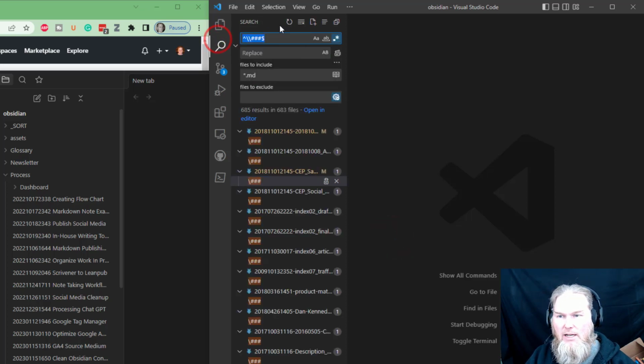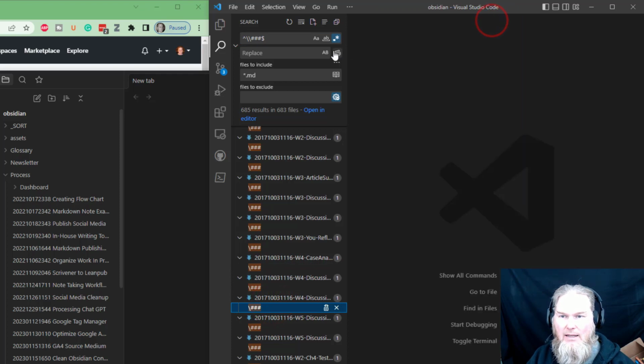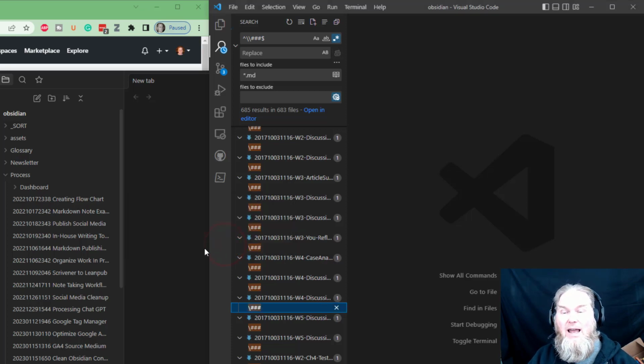So what I'm doing here is finding all these references of this string in all these files, quickly verifying that it's what I intend it to be, and then clicking search and replace. Now I'm going to change 685 references in a matter of seconds that would otherwise have taken a lot of handwork. I'd have to go through the files and modify them one at a time, I wouldn't have the consistency, I wouldn't have the records cleaned up, and this is the next part that's very important, I wouldn't